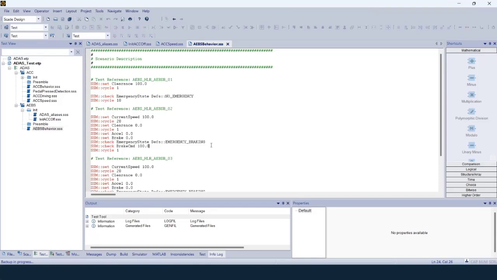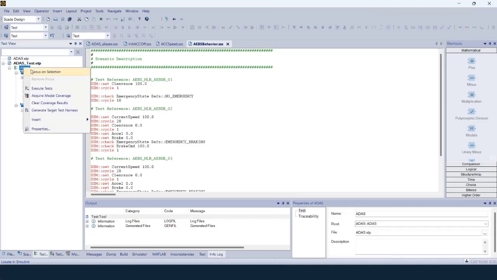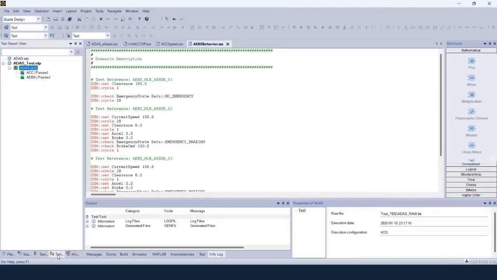Now that we've seen how to write and understand these tests, let's look at how to execute them. It's simple. Just right-click on the main folder and select Execute Tests. When you do this, a new window appears, showing the results of all your tests. As you can see on the screen, all of our tests have passed, which is great news for the reliability